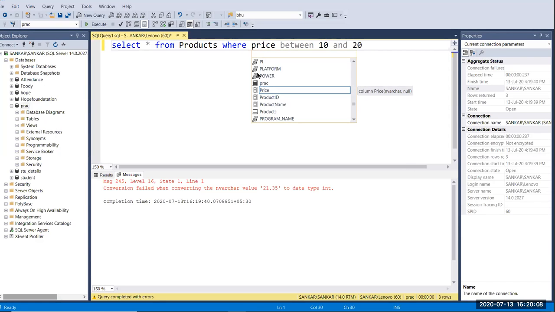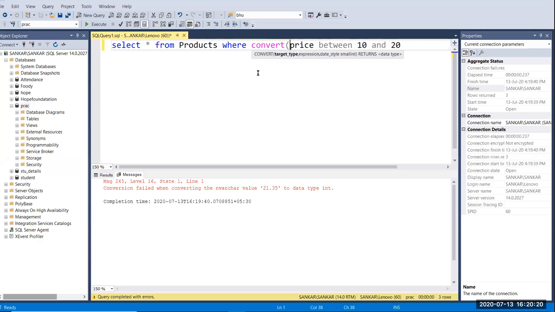So to convert price you have to use a conversion function like CONVERT. After that you give the open parenthesis, and after that you pass what data type you want to convert to. Here I'm going to convert to float.